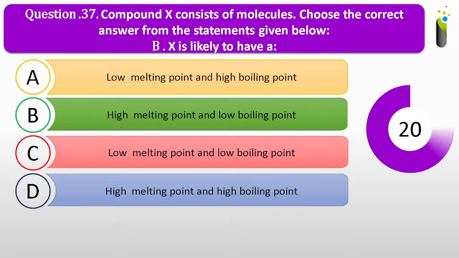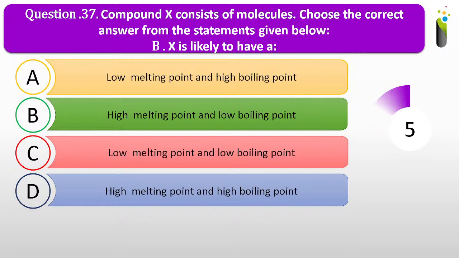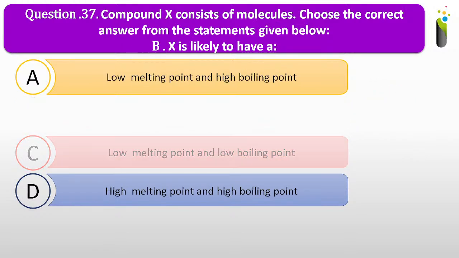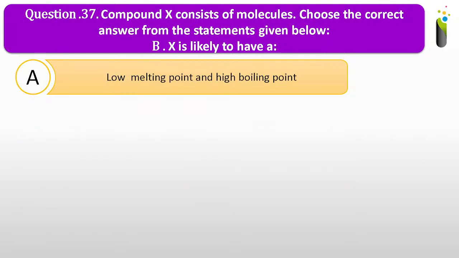So answer me for question number 37. So the answer for question number 37, sub-question B, X is likely to have low melting point and high boiling